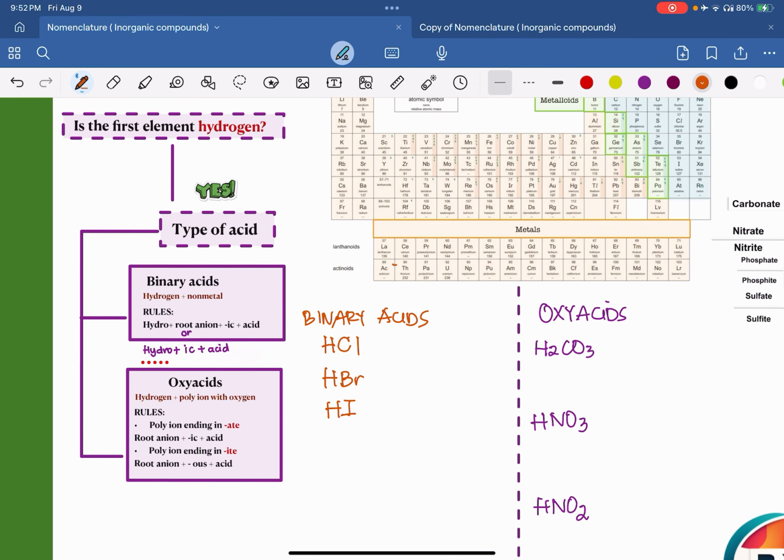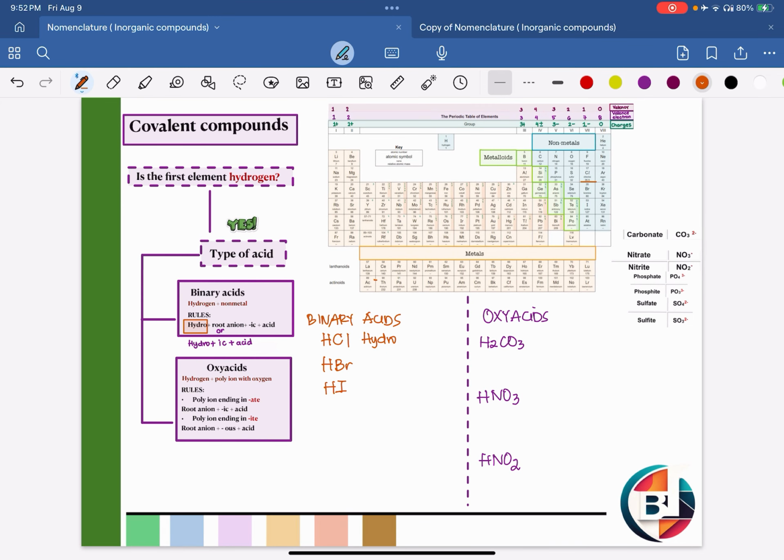The rule for binary acid will always be to start with the term hydro. Next to it would be to look for the nonmetal. In this case, I have chlorine, and change the suffix into IC. So I would have hydrochloric and just add the word acid. The same thing would be followed. Again, I need to use the word hydro, then change the suffix into IC, bromic, and add the word acid. Lastly, again, start with hydro, then iodine, change that to IC, then you would have iodic, and the word acid.